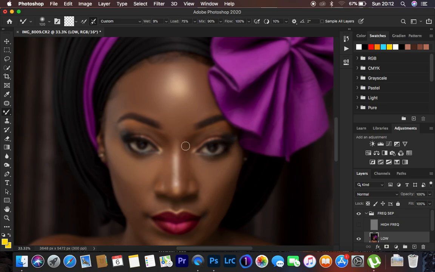So reduce the size and just paint through the shadows in the nose area just like that, and come to this other side and also paint just like that. I hope you are seeing the results in real time. So let's just paint through and even out these transitions within the skin tones, and make sure to have blended